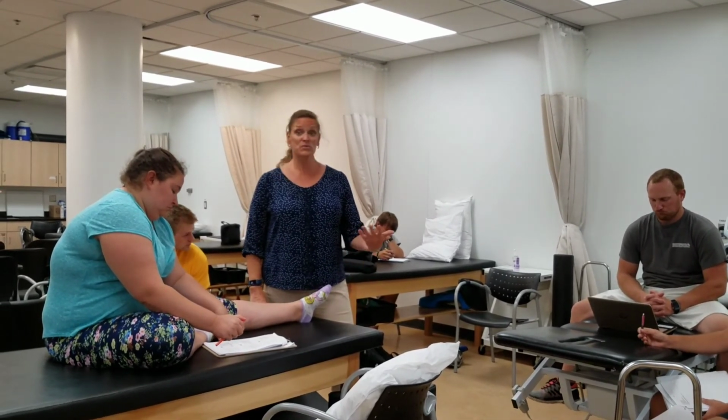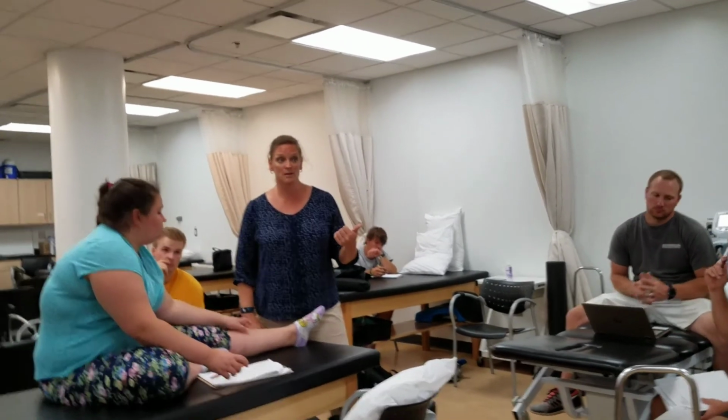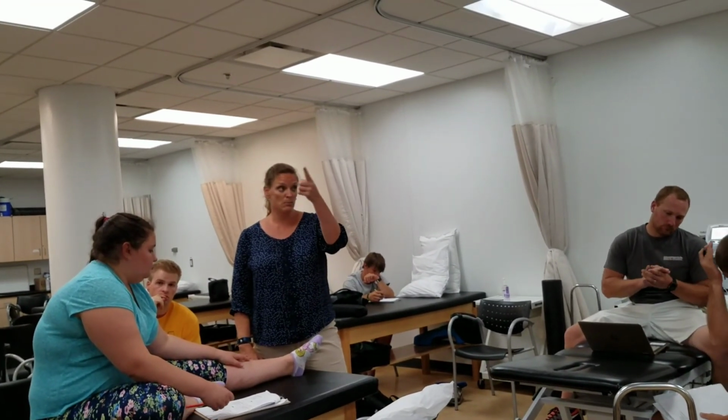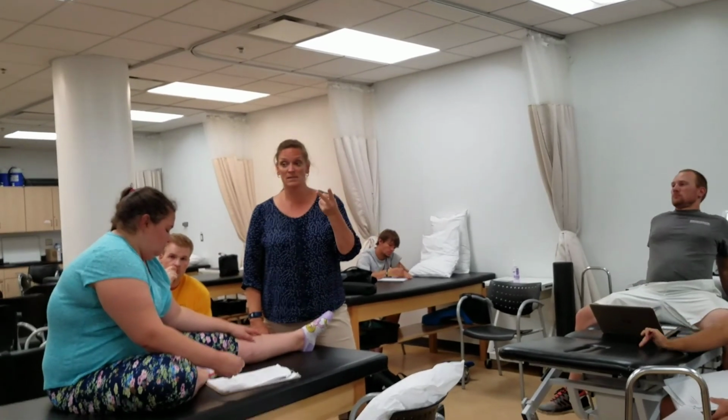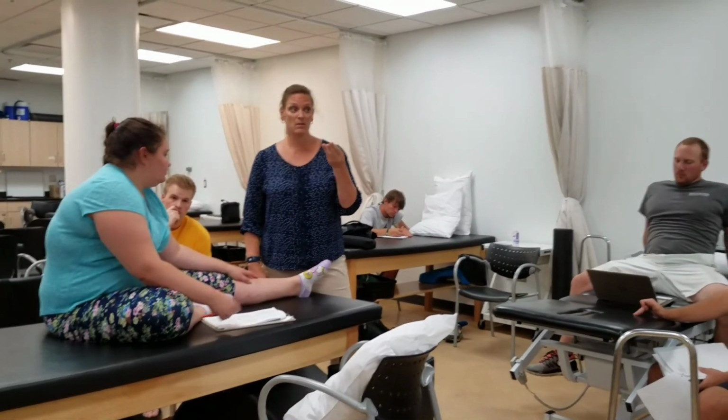Okay, so those are your 7 tests. So we did extensor digitorum longus and brevis. We did the 4 muscles here. We did soleus in prone, and then we did gastroc in standing. Okay, and that's our